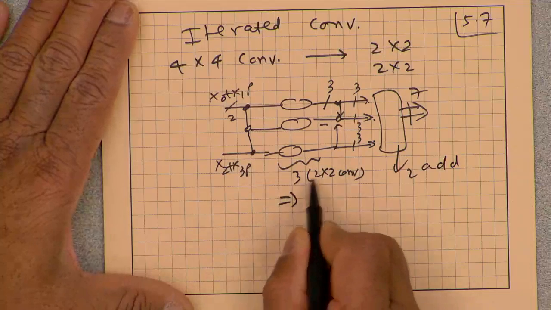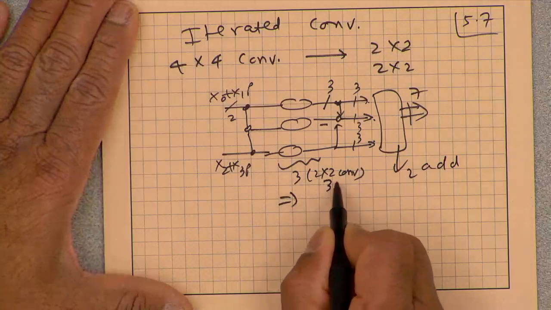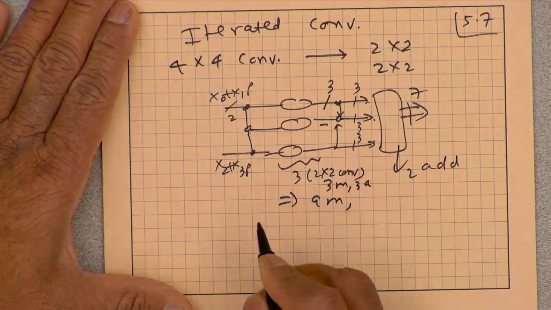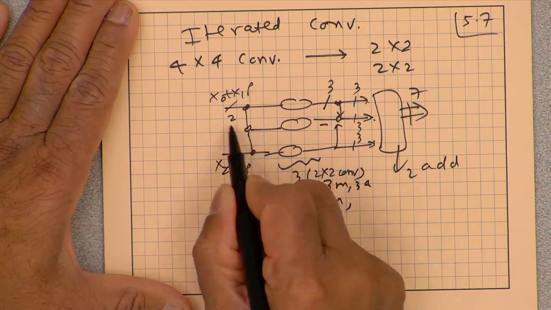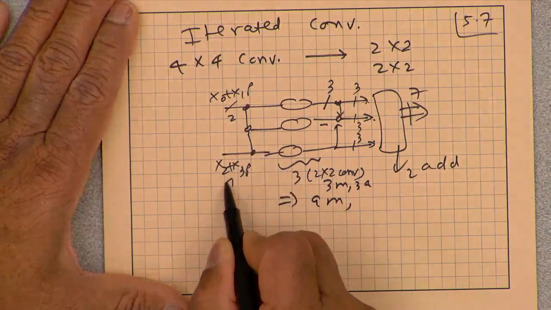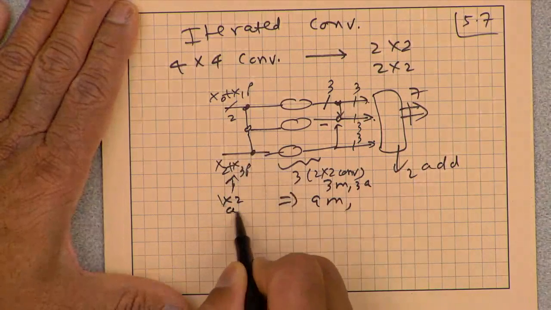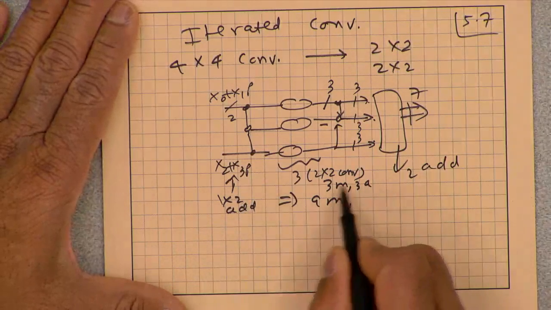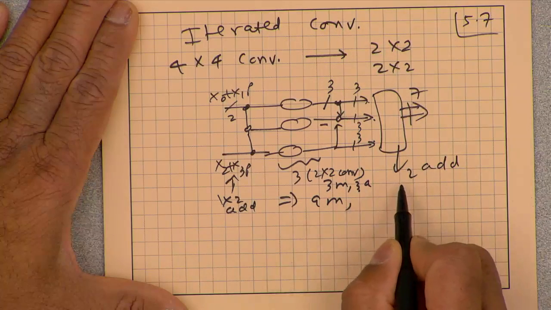So that will be 3 times 2. 2 by 2 is 3 multiply, 3 add. So 3 times 3, 9 multiply, and this is looking like 1 add, but 1 times 2. So this is 1 times 2 adds, because we are adding polynomials containing 2 terms. So 2 plus 3 times 3, 9, 11.